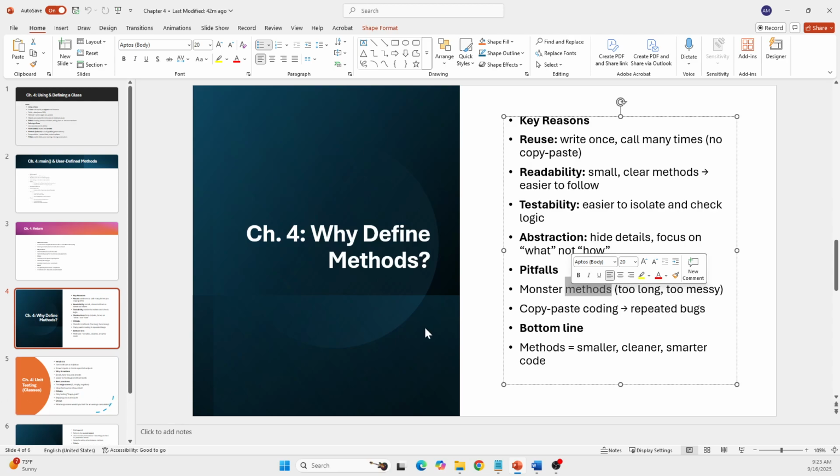So methods exist to make your life easier. They let you reuse work, make code more readable, test things in small pieces, and hide complexity. The goal is always the same: write smaller, cleaner, and smarter code, not longer code. When you work on your labs this week, you'll get a better understanding of what I'm talking about. Next is